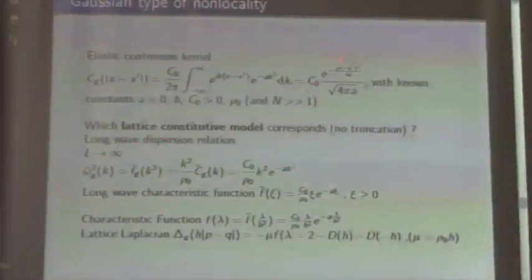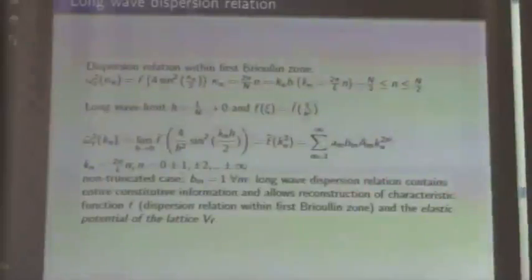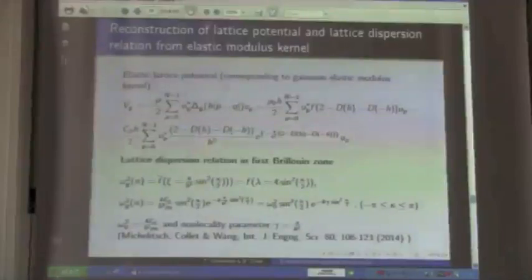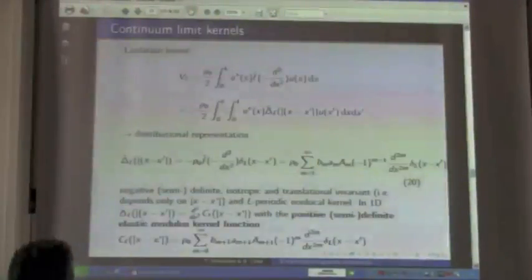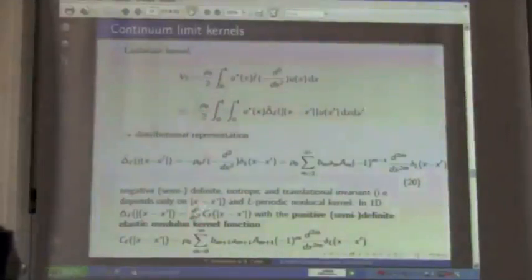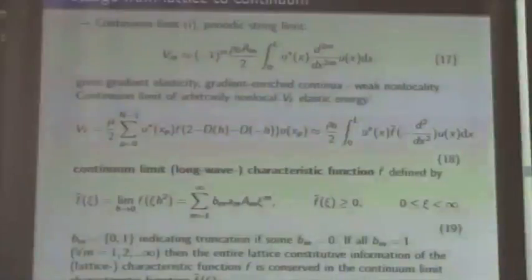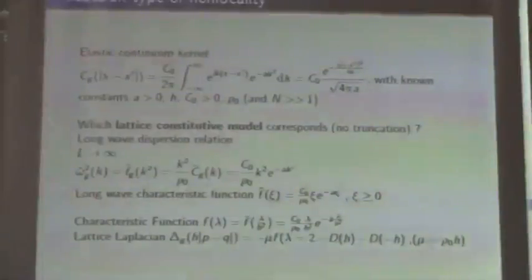So the first step is to construct the continuum limit characteristic function, which is given because of this relation. Where is it? No, I went the wrong direction maybe. No, it's the other direction. Because of this, we have an easy relation between the Fourier transform of the elastic modulus and the continuum limit characteristic function. Because of the Gaussian, the Fourier transform is straightforward. So this allows us to come directly to the continuum limit characteristic function, and by taking into account the scaling relation